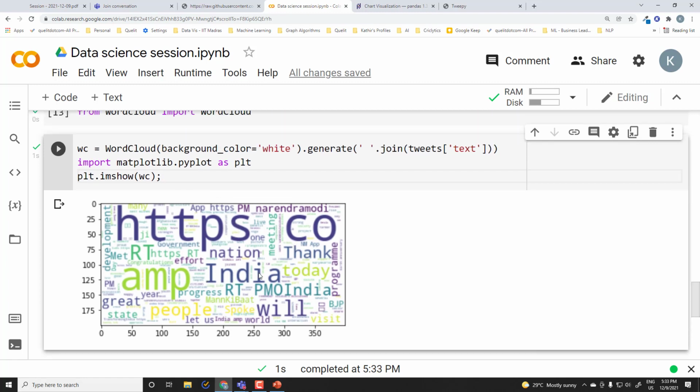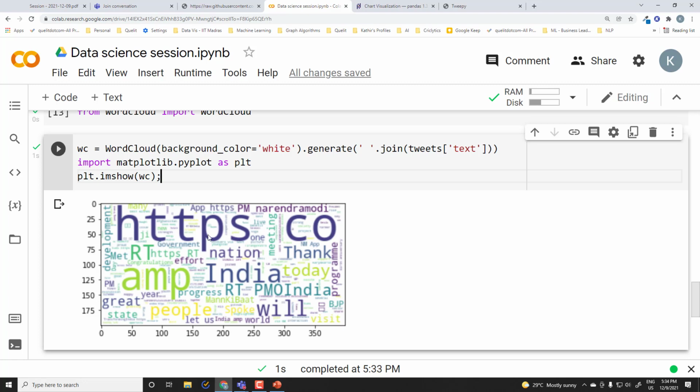And words like India, PMO India, today, nation, people, Mann Ki Baat, progress, government, and also development. So these are the words which are very frequently used. The words visit, and then US, and it talks about multiple apps, talks about government and congratulation messages, mostly progress messages, most of them are development messages.